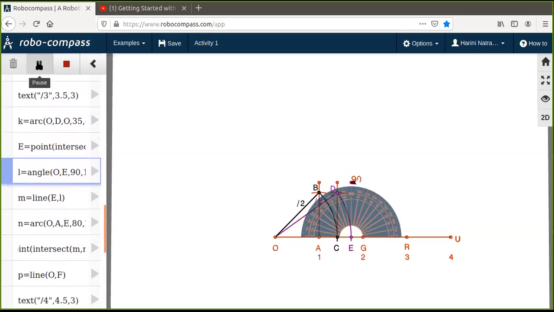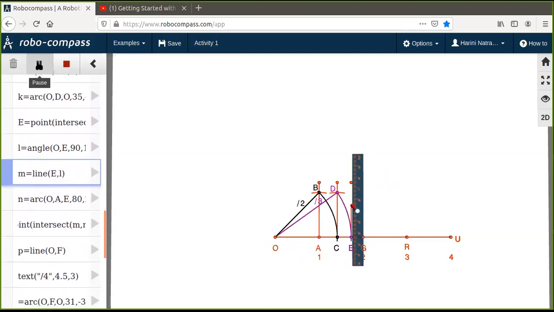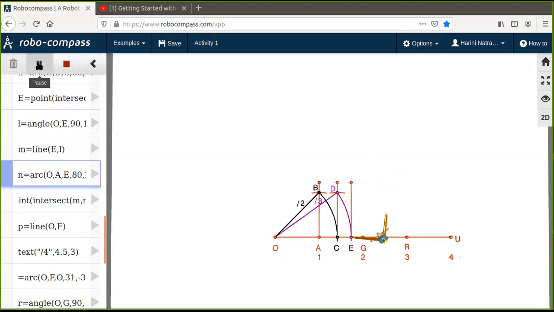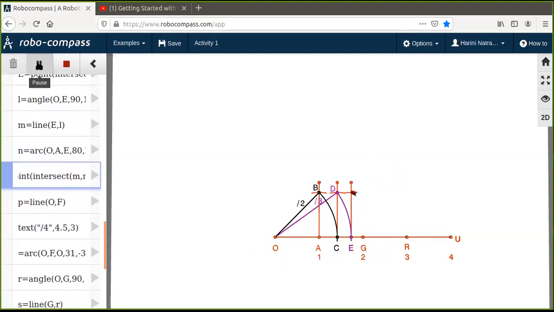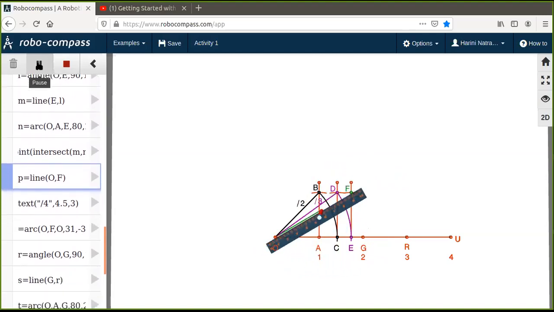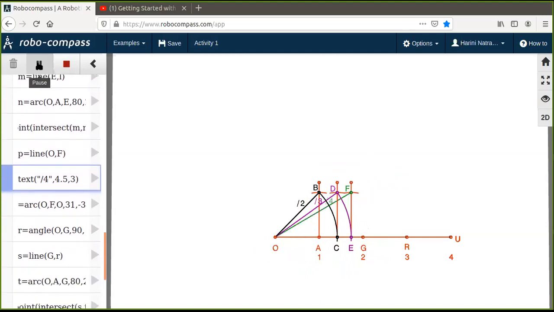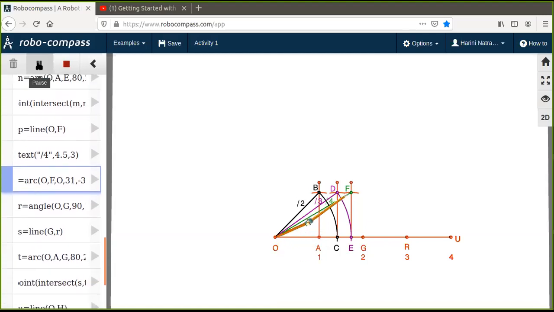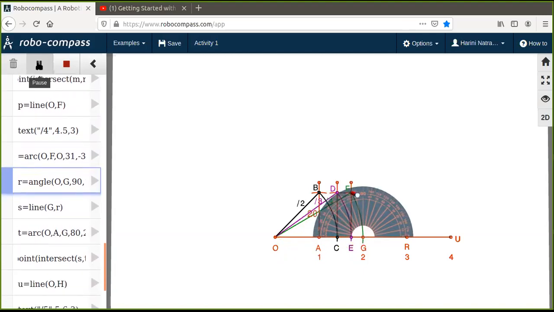Again, continue with the 90 degrees at E now. Then cut an arc of unit length OA, mark the point of intersection as some F, join OF, the third right triangle is ready. That OF is your hypotenuse, which is representing root 4. So when I try to bring it down to the number line, the length OF should exactly coincide with 2 on the number line, because we know root 4 is 2.